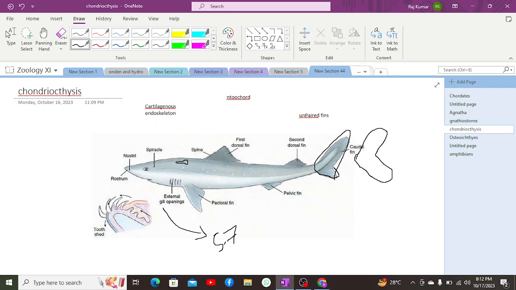Another interesting fact about them is that their teeth are also made up of placoid scales. Their teeth are the modified placoid scales which are directed backwardly. And apart from this, this is a typical diagram of a shark, which is also known